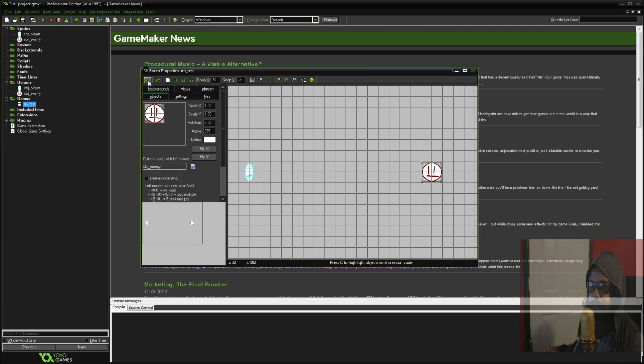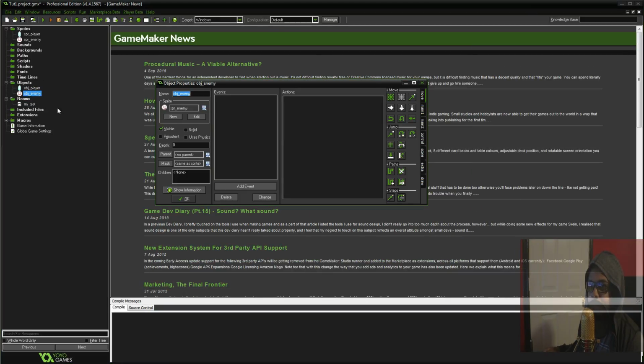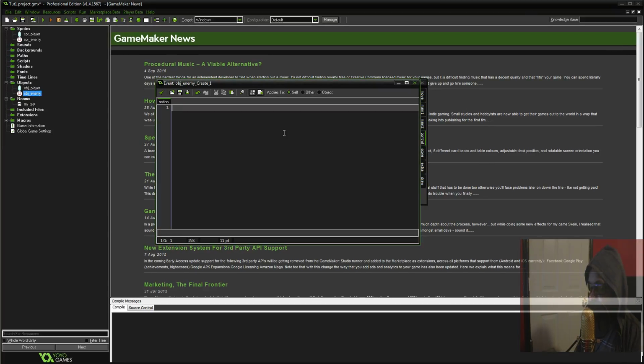Let's go ahead and start working on the enemy now. So let's open up the enemy. And let's go ahead and add an event, and we'll make some variables in here. Variables, yeah, that's very creative. Let's see. We're going to need a timer. So let's call it act timer. It's going to equal,